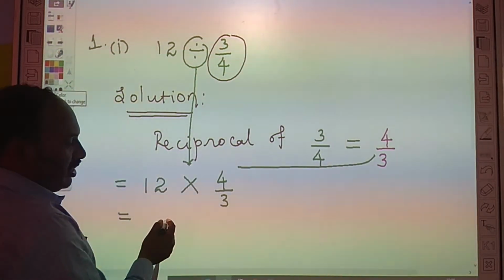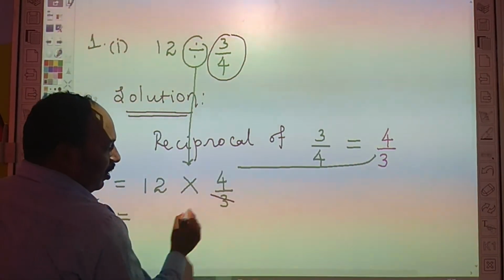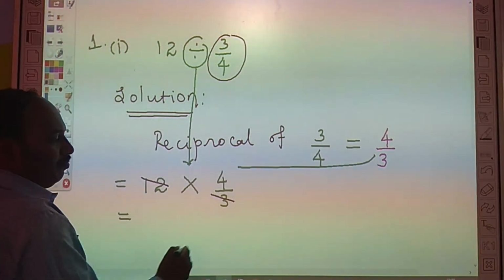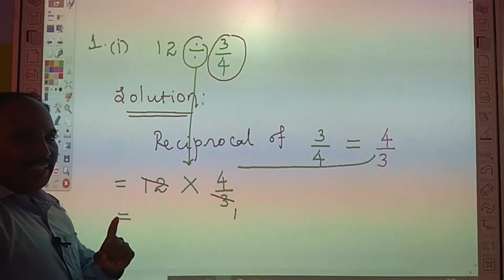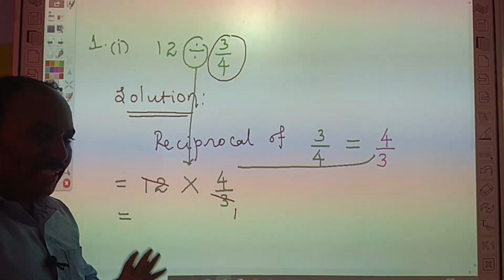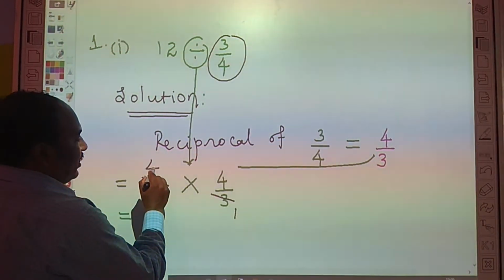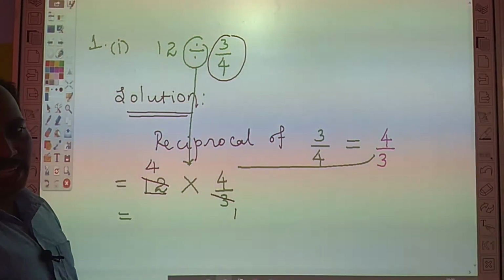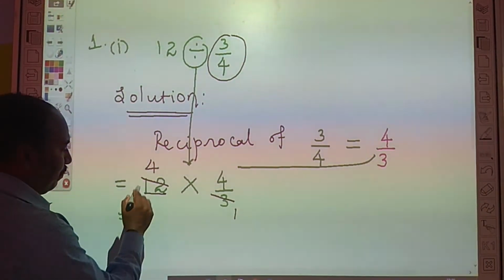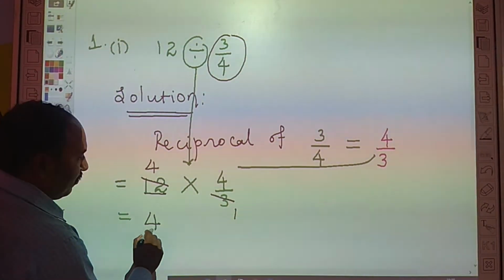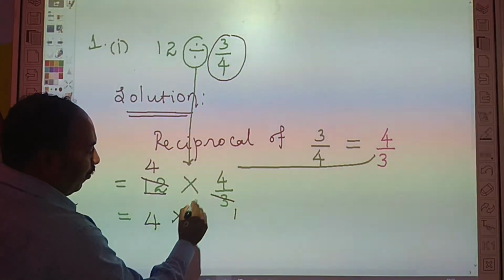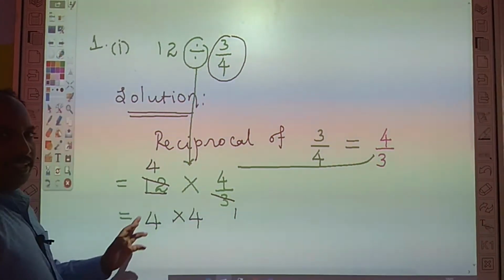Next we solve the sum. Here 3 having, here 12 having. 1 3 is 3, we take the table. 1 3 is 3. The next, 12 having, 4 3s are 12. This is remaining 4 into 4.